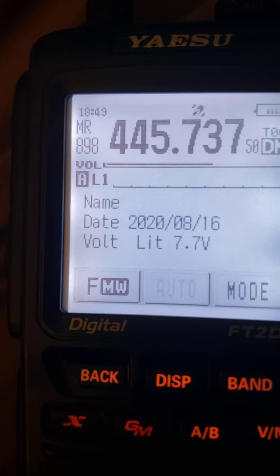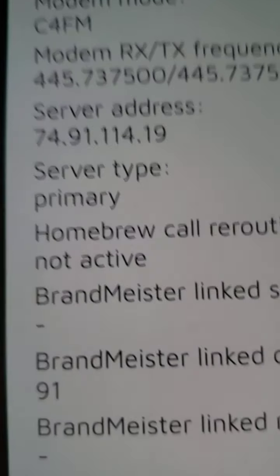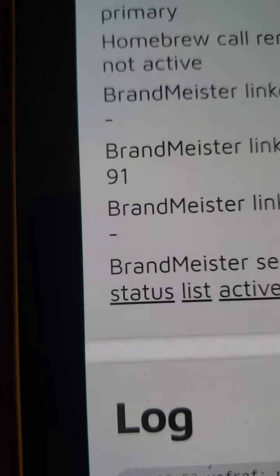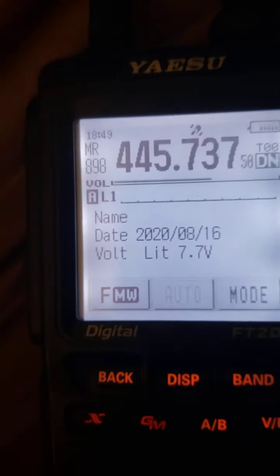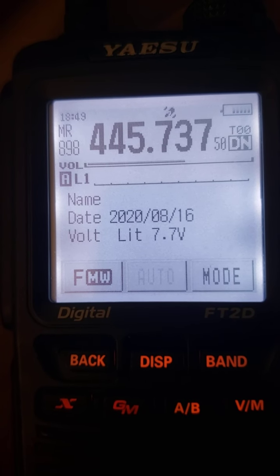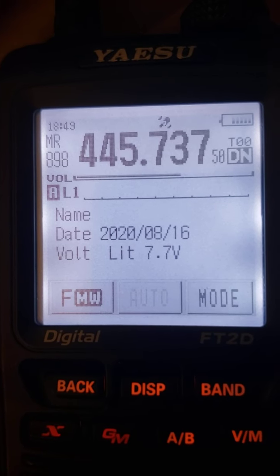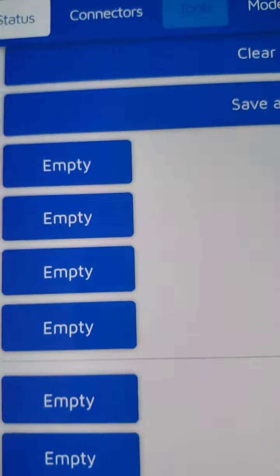Now, it doesn't announce a connection to a talk group, so you verify that by going to the connectors page, and it'll say Brandmeister link dynamic talk groups 91 is listed. So now that is a visual. You don't hear linking to talk group 91 when you go in and out of DMR talk groups. So 91 is there. Going back to the tools page,